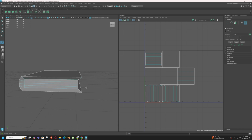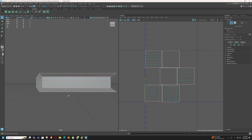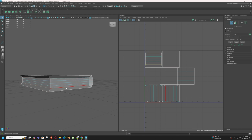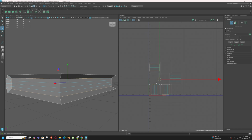So what I do is come here, click on the edge, select this, then select this one, and you can select this and this one and all this. So I selected all these edges, then come to the UV, hold shift and right click, and click on cut. Once you've done the cut,